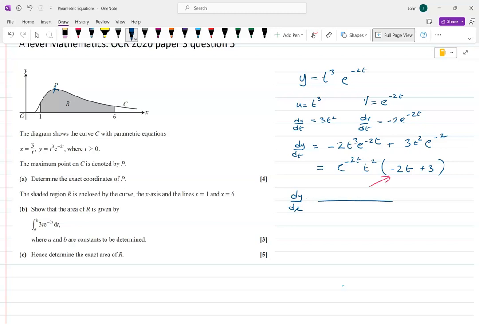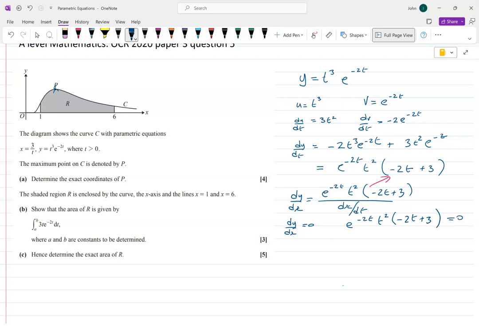Okay, we've got our dx by dt on the bottom, which I've just worked out, and we've got our dy by dt as e to the minus 2t, t squared, minus 2t plus 3. So the thing is, unless something cancels, which it's not going to, nothing is going to simplify with the dx by dt. For dy by dx to be equal to 0, we would have e to the minus 2t, t squared. It's the numerator that needs to be 0. It doesn't really matter what the denominator is. So that's minus 2t plus 3